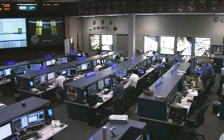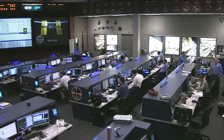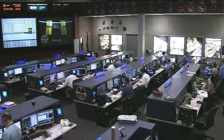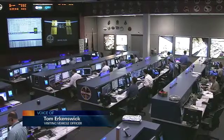As with any international partner vehicle arriving at the International Space Station, there's a lot of coordination involved. Tell us, if you would, what your team does and what type of coordination is involved in advance of the launch and docking. Sure. There are a number of things that we do in advance of the launch and docking,